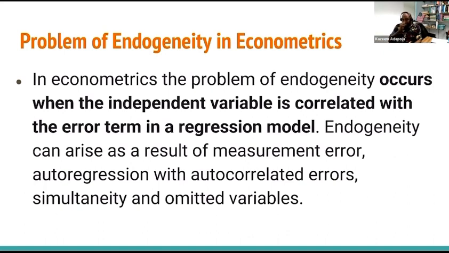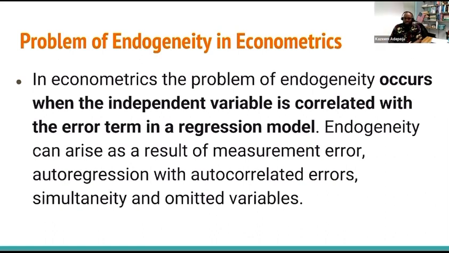And don't forget, like I said, the error term is going to be any other variable that could influence the response variable, which we also call the outcome variable, that we don't talk about. Maybe the reason why we don't talk about it is simply because we believe its effect will be negligible. Maybe we thought it's not that important, and that is why it's hidden in the error term. But in a situation whereby a relationship now exists between what we observe, which we call the independent variable, and the unobserved, which we call the error term,